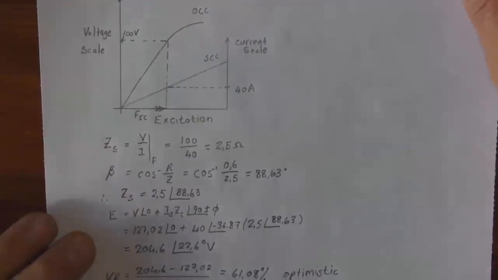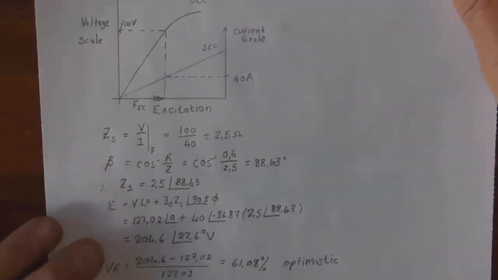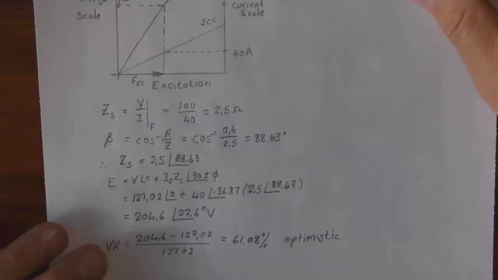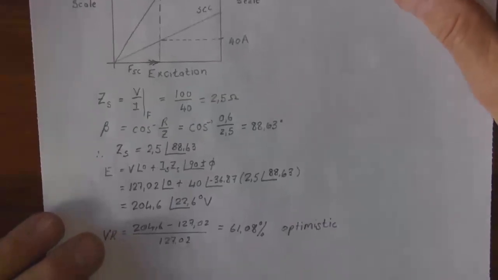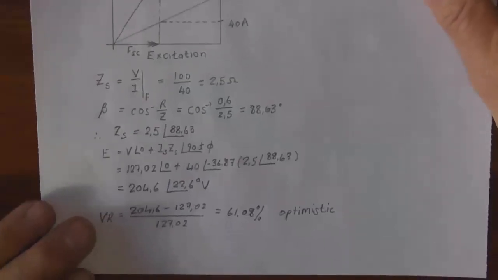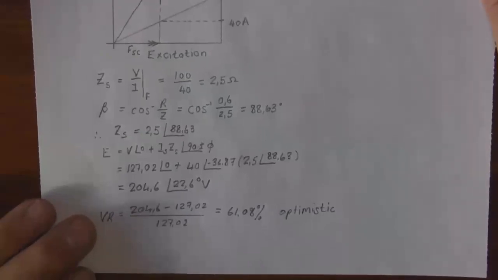That means it's 100 divided by 40 amps, so that gives us 2.5 ohm. Beta is cos⁻¹ R over Z. That gives us 88.63 degrees. So therefore ZS is 2.5 at an angle of 88.63 degrees. The EMF is 220 divided by square root 3, which gives us